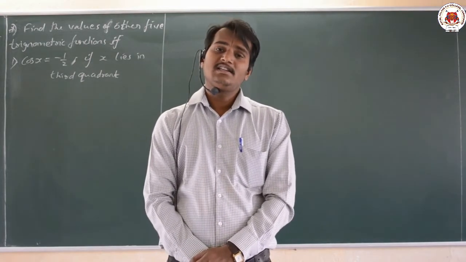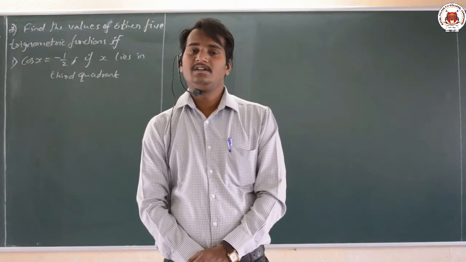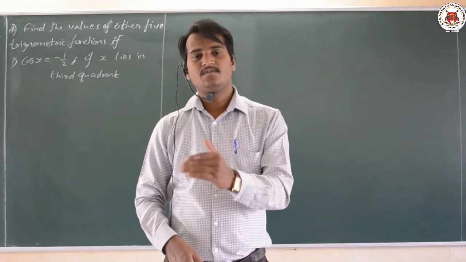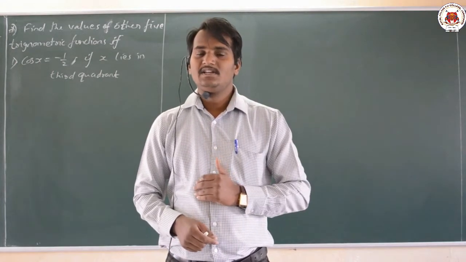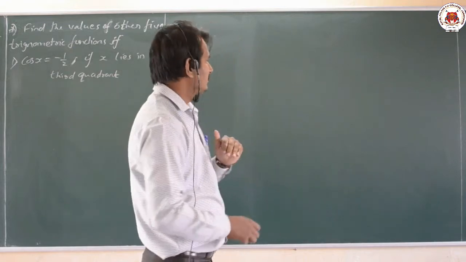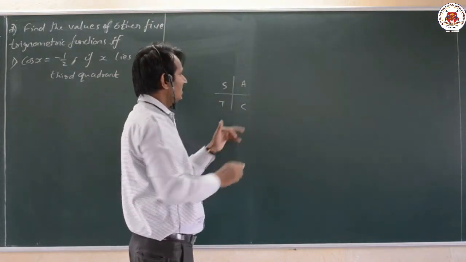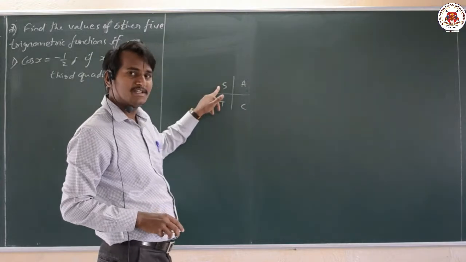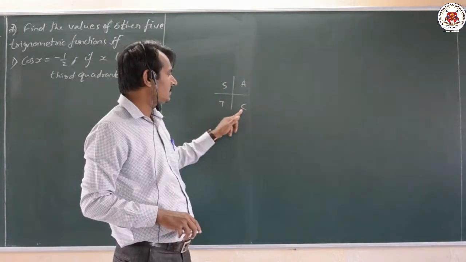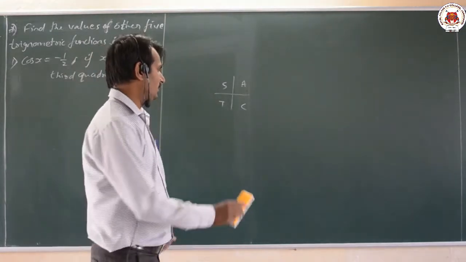Then in the next class, we had learnt about the signs of the trigonometric functions in different quadrants, that is first, second, third, fourth quadrant, according to the ASTC rule. What do you mean by ASTC rule? Signs of trigonometric functions. All are positive; sine and 1 by sine, that is sine and cosecant, are positive; tan and cot are positive; and cos and 1 by cos, that is secant, are positive in the fourth quadrant.